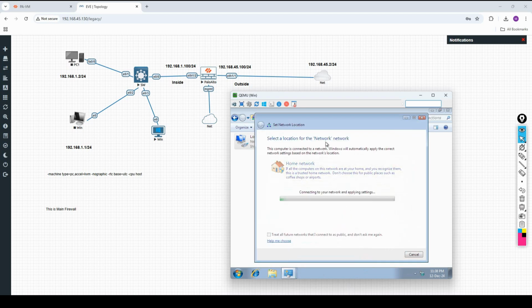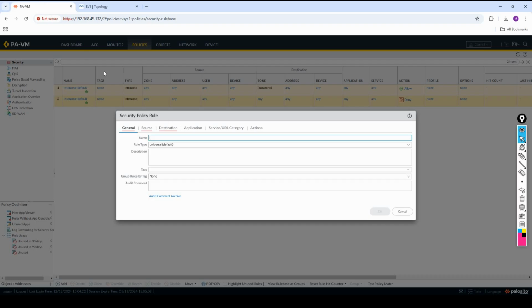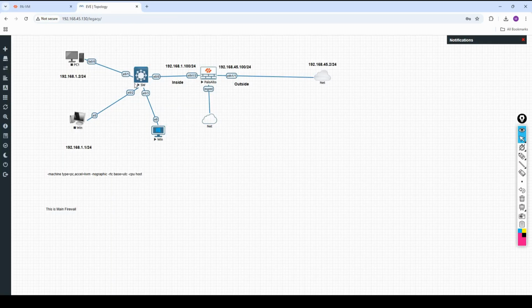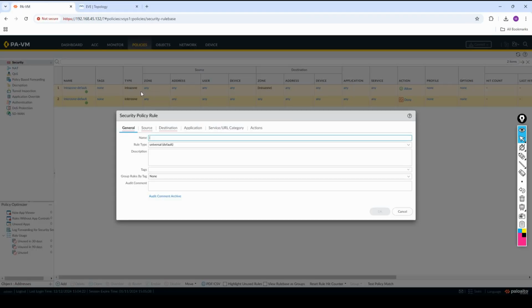This will take some time, and till that time, go here. I am creating the policy, so give the name of the policy. I can say inside to outside because we are sending the traffic from inside to outside, so I will write inside to outside. Keep the rest like this. If you want to put any description, we will see that later. Now if you see this